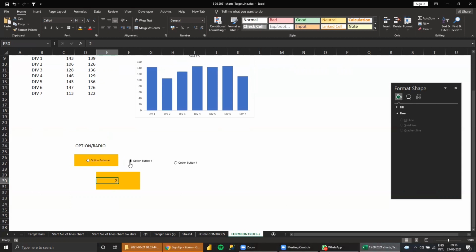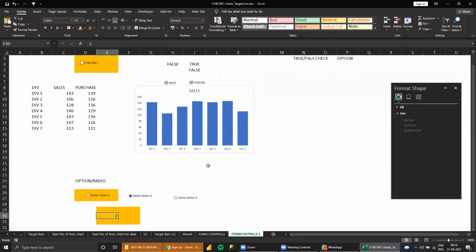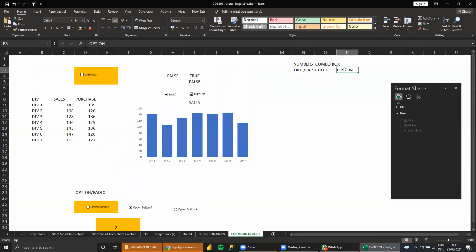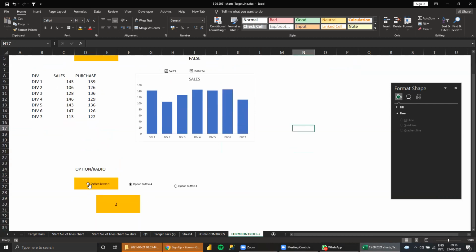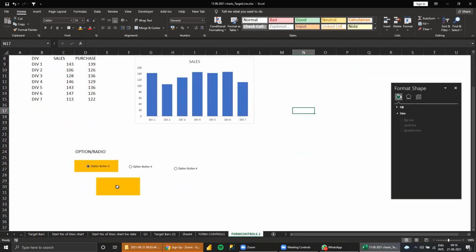Suppose the number is 2, that means the second option, so these are not false, this is a number. Now see here, first option button is 1, second button, third button. How many buttons are there?